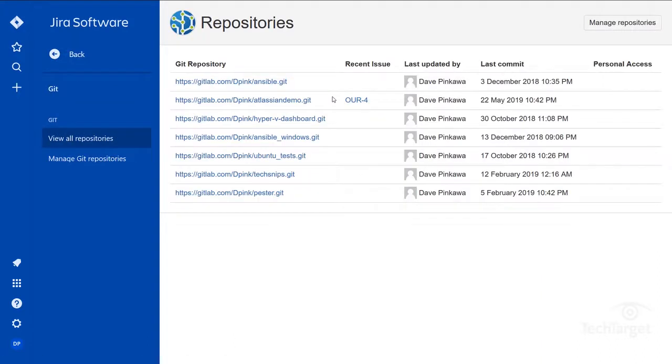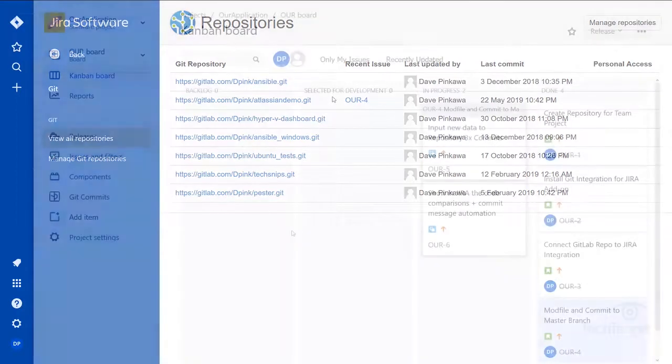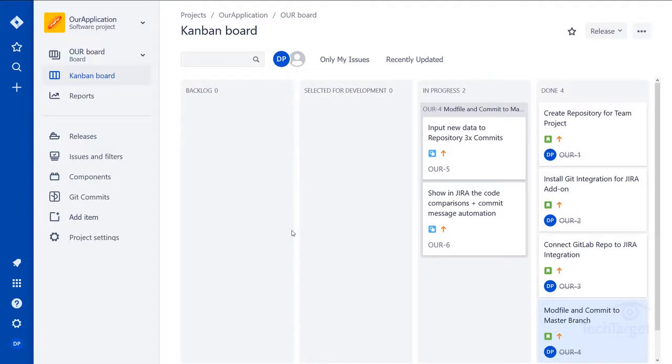In particular, today we're going to be doing some examples off of my Atlassian demo repository here. Back at our Kanban project board, put yourselves in the shoes of a developer working in this that wants to update their issues as they work on it right out of the command line. To do that,